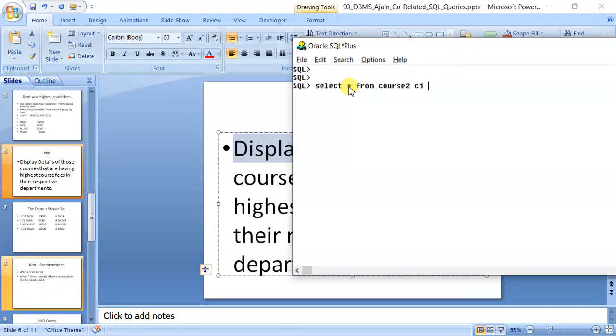Select star from course2 C1 where course fees in select maximum course fees from course2. Now I am giving it another name, C2.